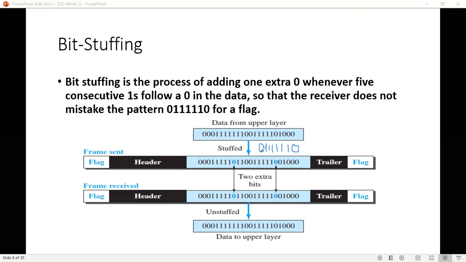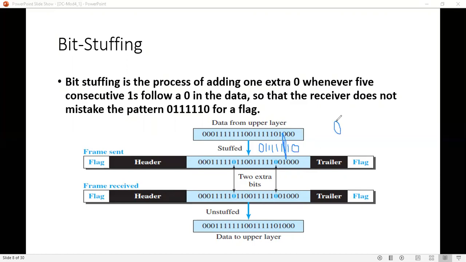where after 5 ones, that is 0 followed by 5 ones, 3 plus 2, 5 ones, in this place, you are going to include a 0 here. Now how will the sequence look?